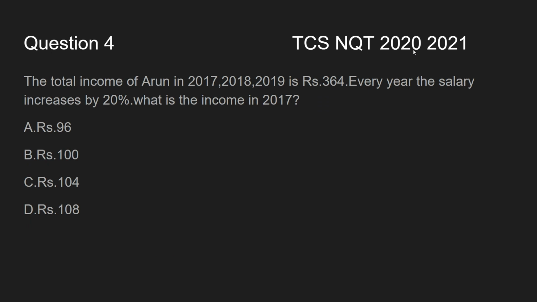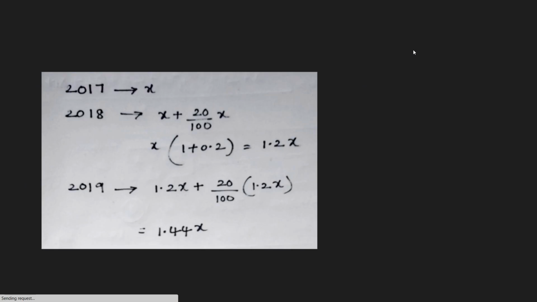The total income of Arun in 2017, 2018, 2019 is rupees 364. Every year the salary increases by 20%. What is the income in 2017? For that, first let 2017 income be X. 2018 is a 20% increase in X, so X plus 20 by 100 into X. If we simplify, we are getting 1.2X. After that, in 2019, again 20% increase, so 1.2X plus 20 by 100 into 1.2X,